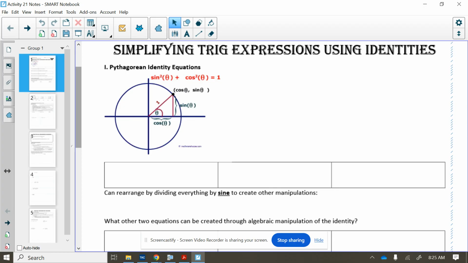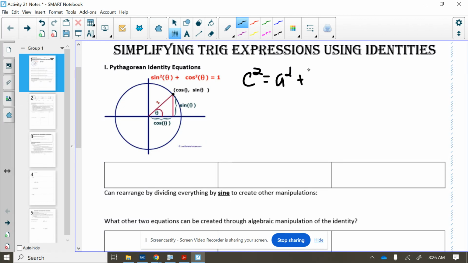This comes from the fact that when we have the unit circle, we can use the Pythagorean theorem, so c squared equals a squared plus b squared, and we know that our c value is 1, a and b are sine and cosine, so cosine squared plus sine squared has to equal 1 squared, which is just 1. So our most basic trig identity is that sine squared theta plus cosine squared theta equals 1, and we can always